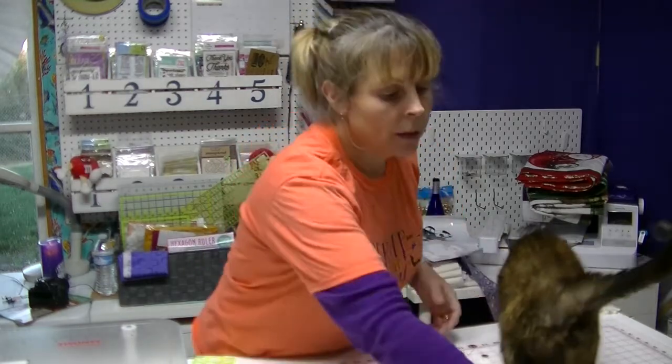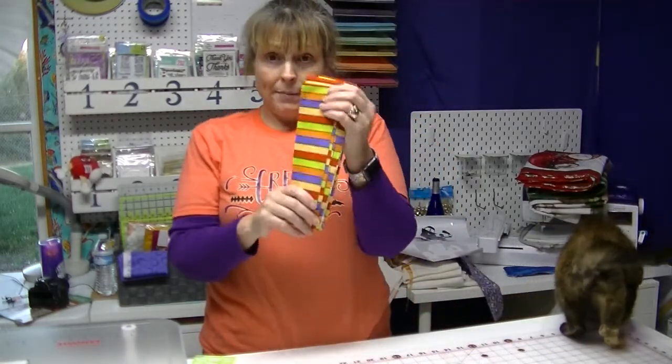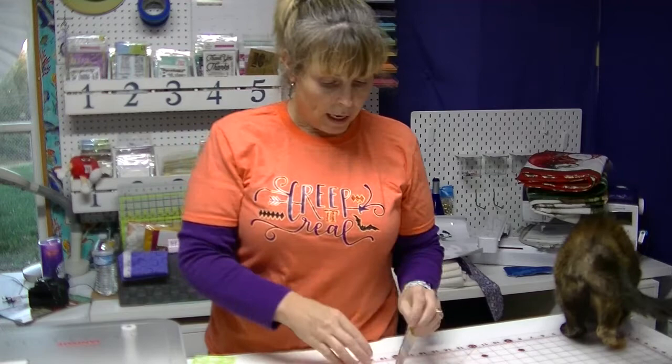But I did a video tutorial on placemats, and one of the placemats had binding, and somehow the camera ate where I went over the second part of the binding. So I wanted to make a quick tutorial on how to do binding. I'm going to do it on a quilt, but the concept is the same. So I've got this binding that I'm going to put on a quilt, and the first thing I'm going to do is